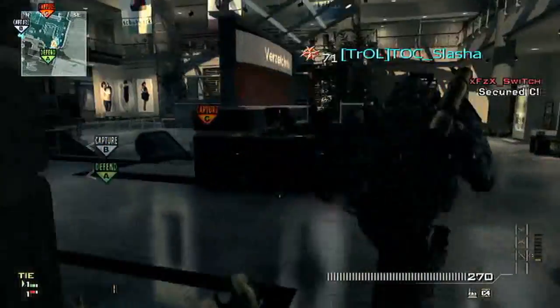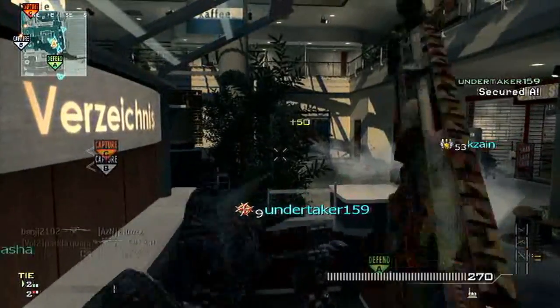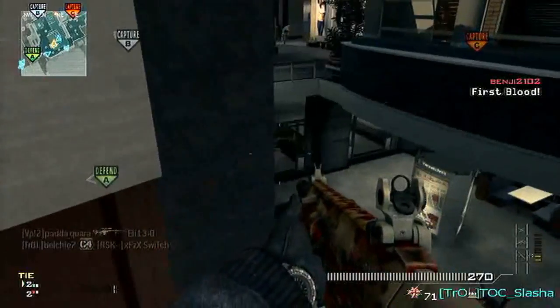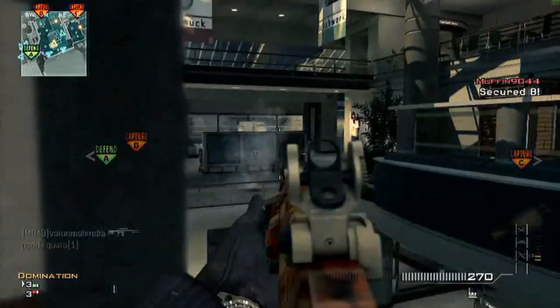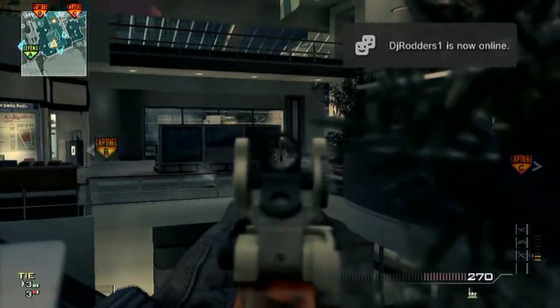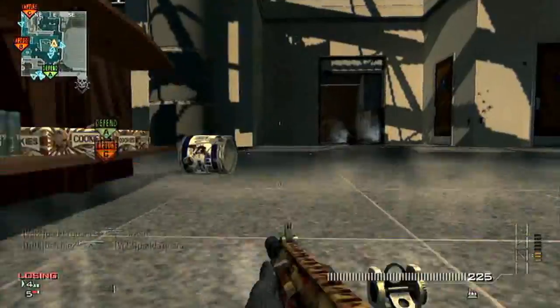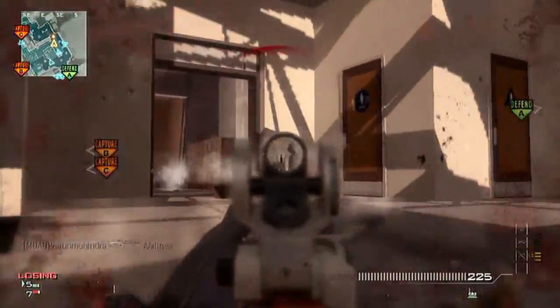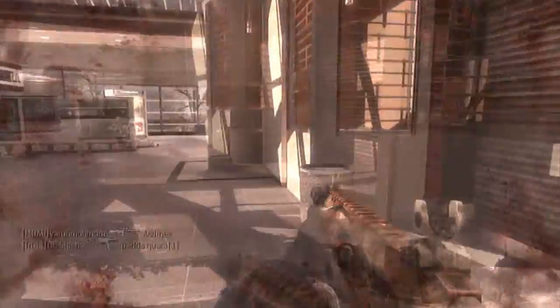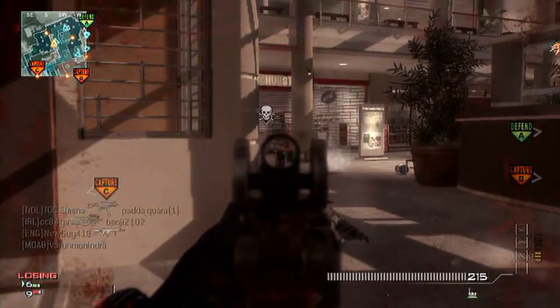Today I'm bringing you some Ground War Domination on Arkaden. I believe this is 57 to 7, 55 to 7, something like that, I'm not quite sure. And I just wanted to talk about the strategies I'm using on this map and the weapons I'm using alongside the kill streaks. First of all, the weapon I'm using is the ACR, as you can see, with 2 attachments,